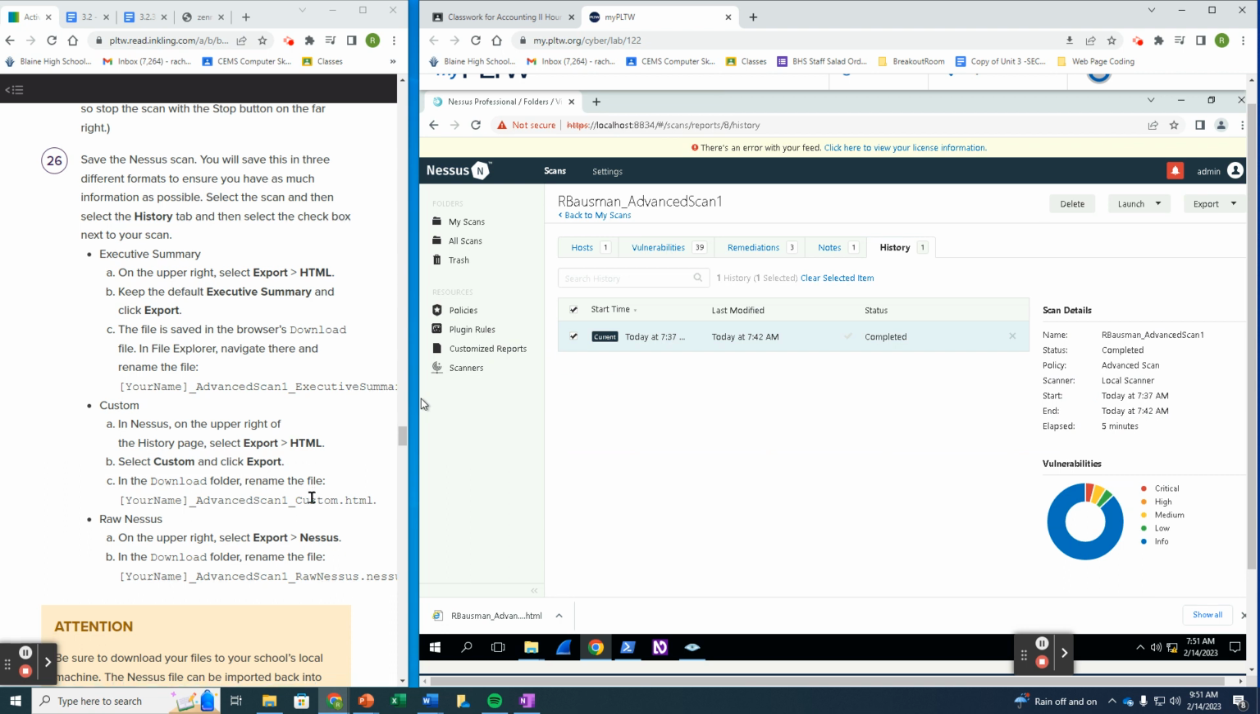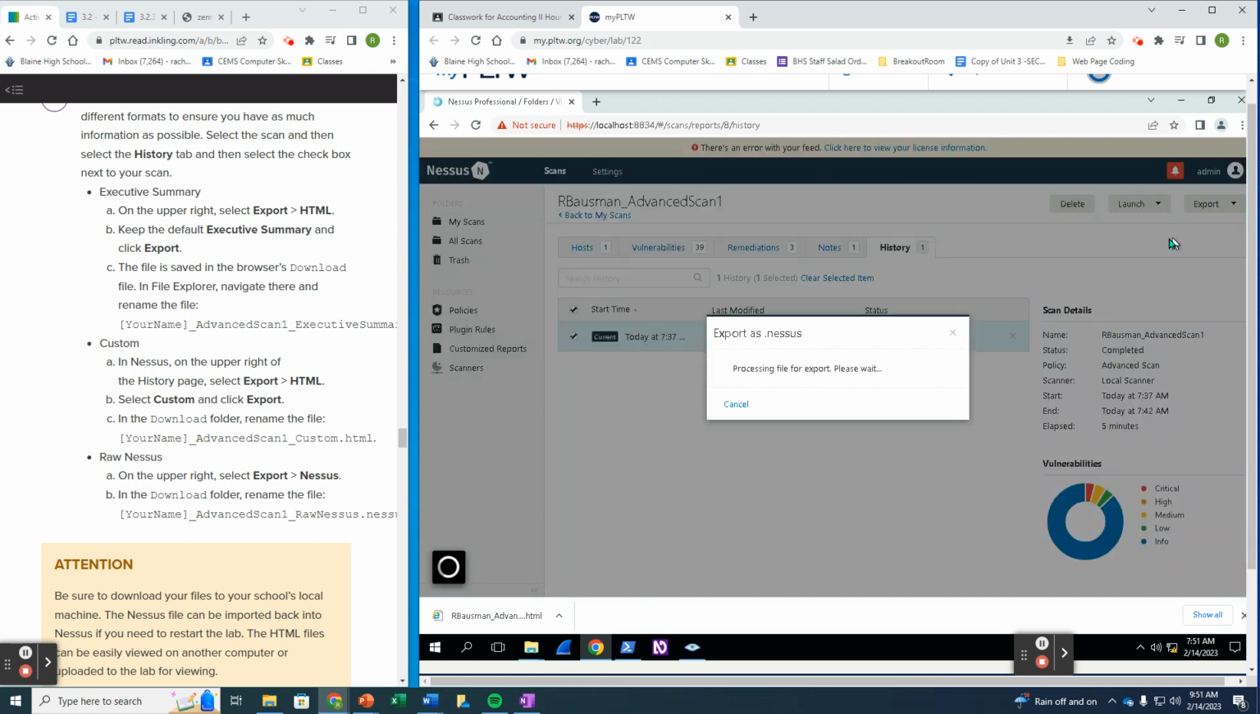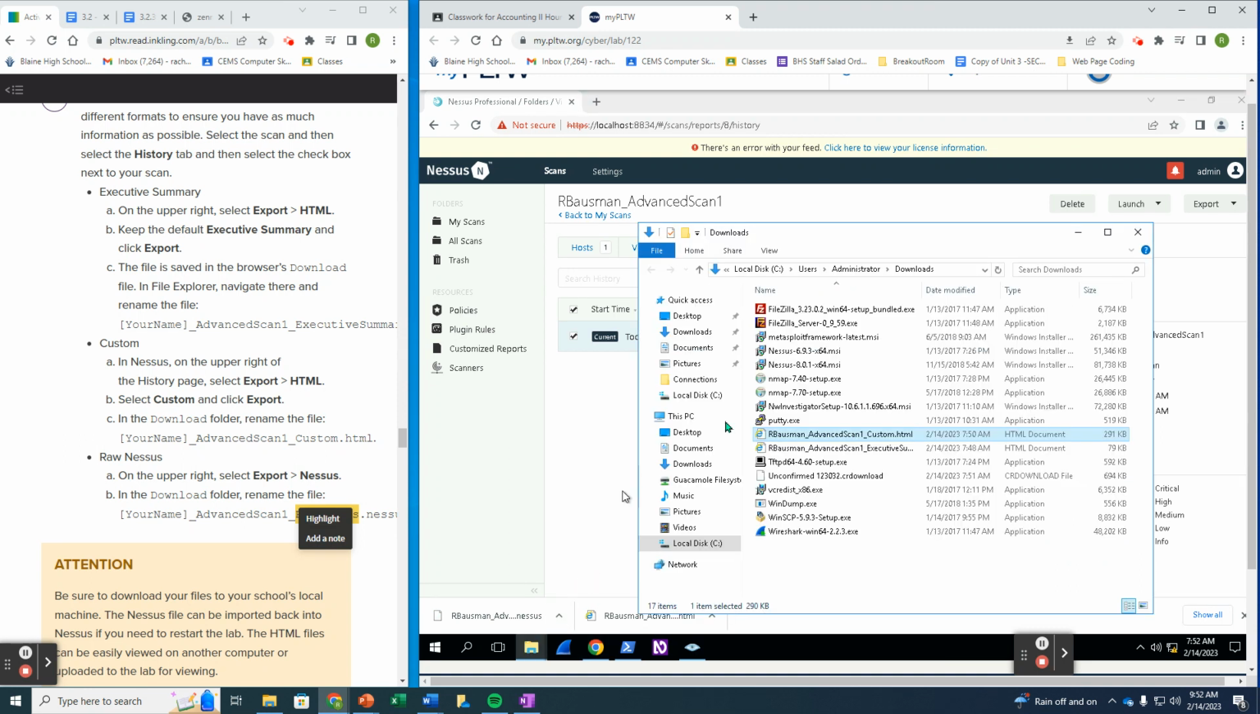And then our last one is going to be this raw type of export. So I'm just going to go in, click on export, and now Nessus. Now we are just taking that download, and we're just going to call this raw Nessus. So I'm going to wait for a second for this to be loading. It is done. Show that in folder again, and